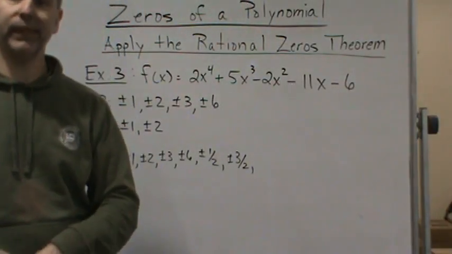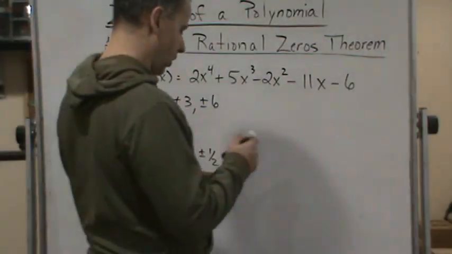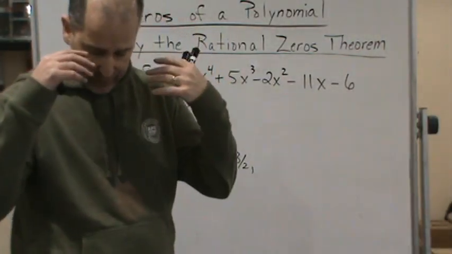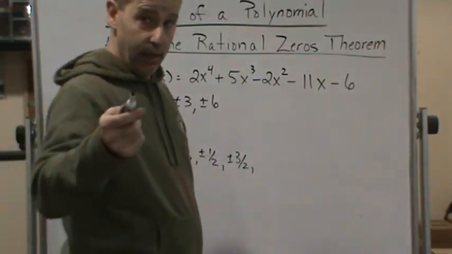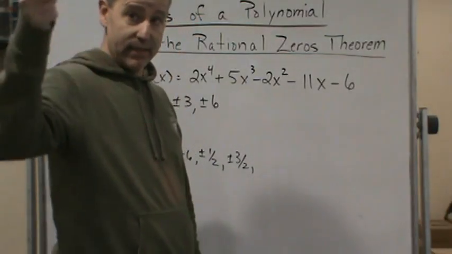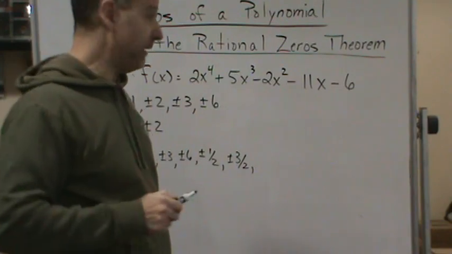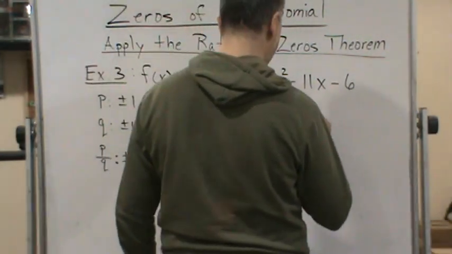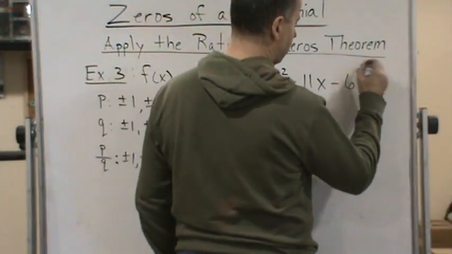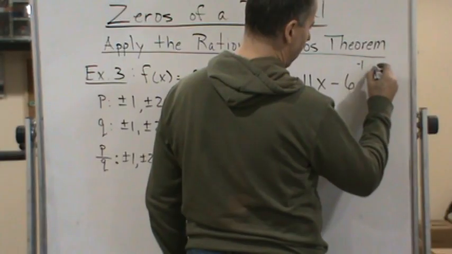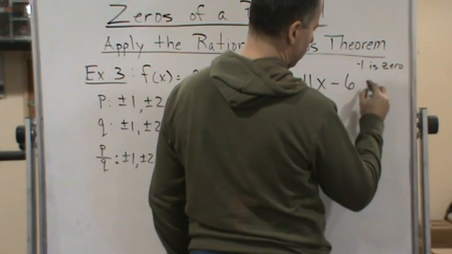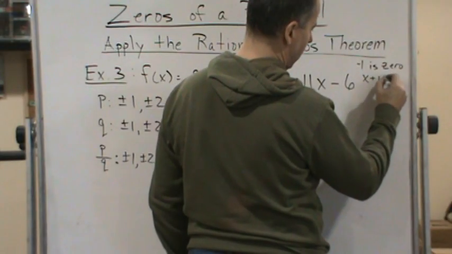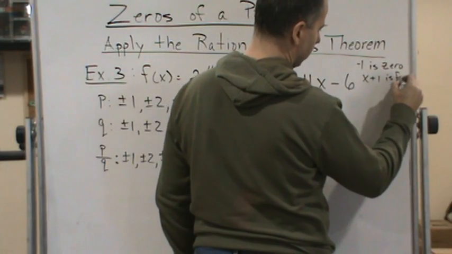Negative 1 is a 0, which means x minus negative 1 is a factor. So I know negative 1 is a 0, which tells me x plus 1 is a factor